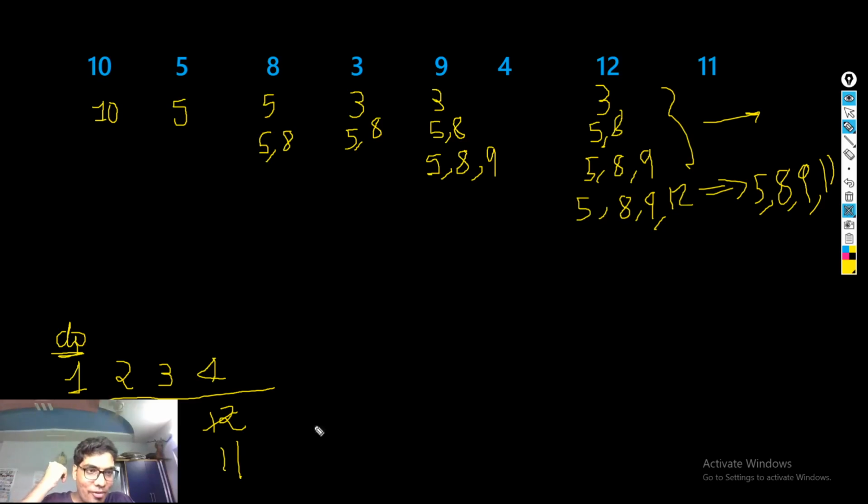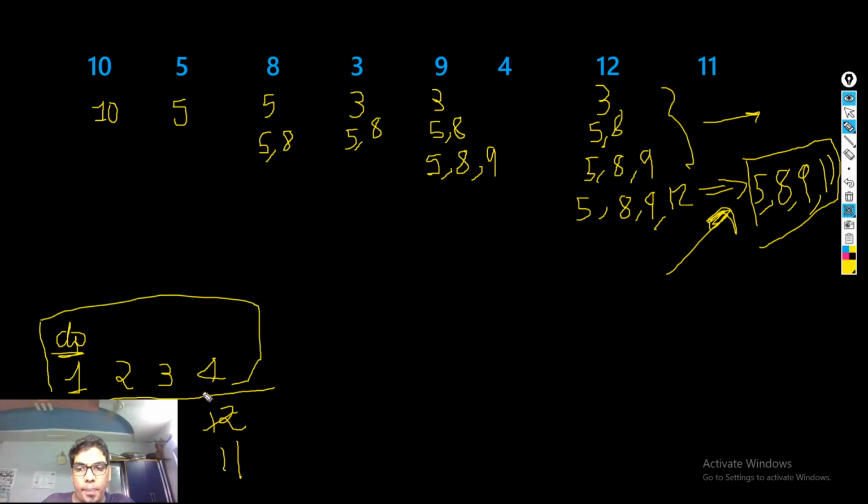So finally what we remain with is the longest sequence after the last element. This is actually our largest increasing subsequence, right? The largest increasing subsequence. And this is how you actually compute the largest increasing subsequence. But we actually don't care about the subsequence itself, we just care about the number, the length of it. So the length of it is nothing but the size of the DP array, right?